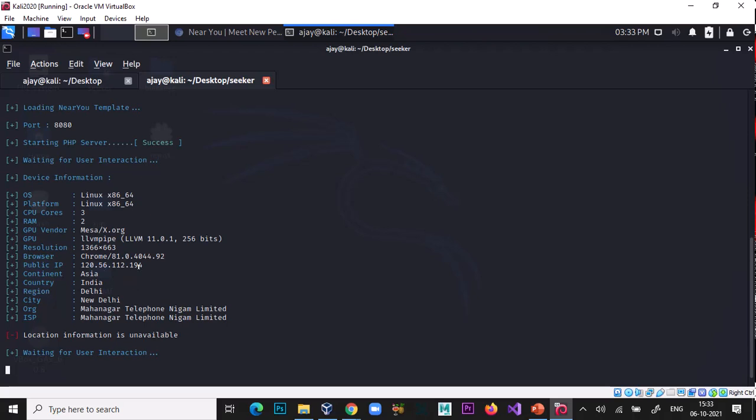yes. So if I allowed, this will give me some information because I use my laptop. That's why it gives me the ISP detail and my browser detail. Location information is not available.